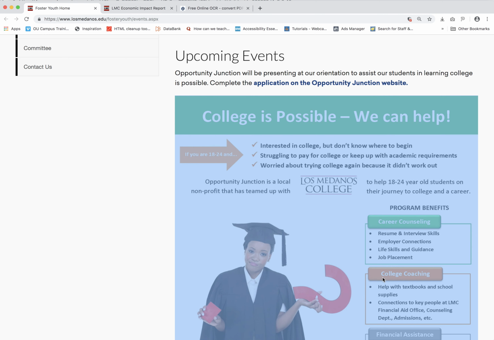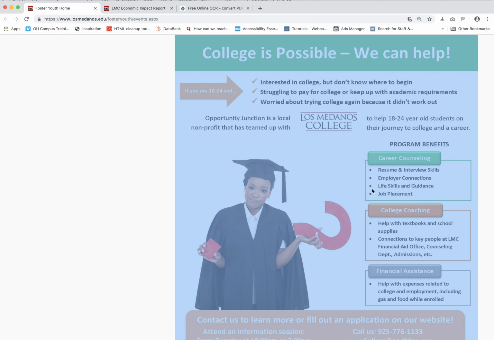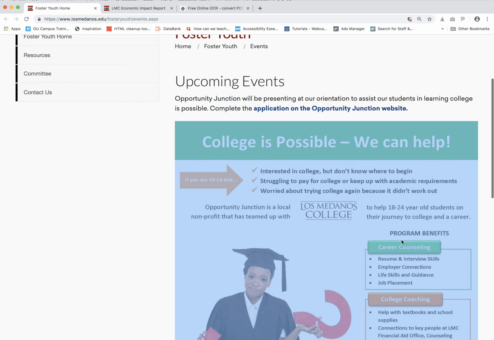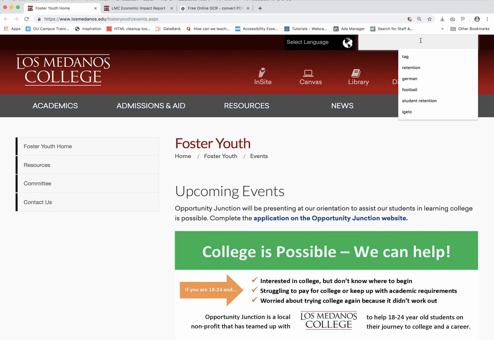The other thing is there's a lot of really cool keywords in here, such as life skill, guidance, job placement, resume, interview skills, all of that. When somebody goes up to our search box and starts to type, they're not going to get this page because